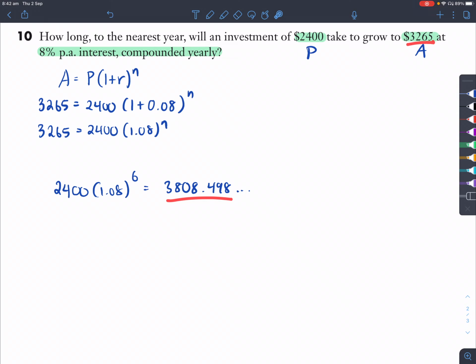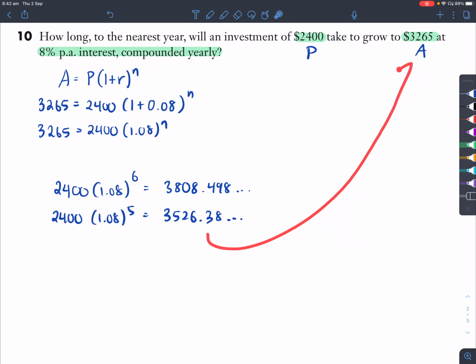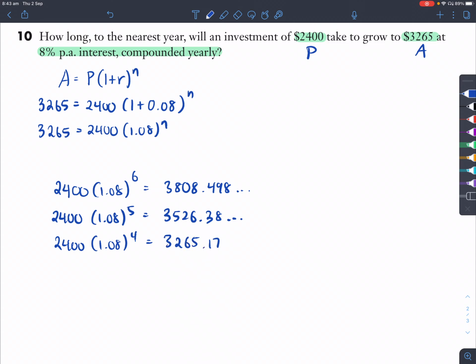It may be. So we're just going to decrease our power down by 1, so that we can get 3,526.38. That is still higher than this number, but we want to get the first value that's lower than this number to indicate our best choice. So if I now decrease the power by 1 to get power 4, I get 2,400 times 1.08 to the power of 4, which is 3,265.17. And just to make sure that it is the most correct answer, I'm going to decrease it to power 3,